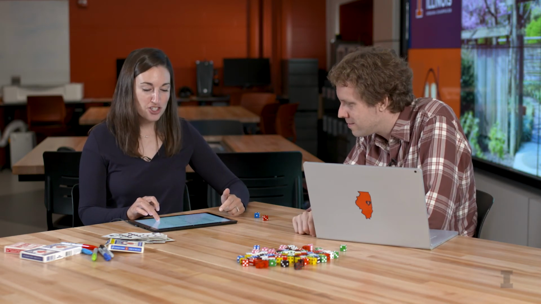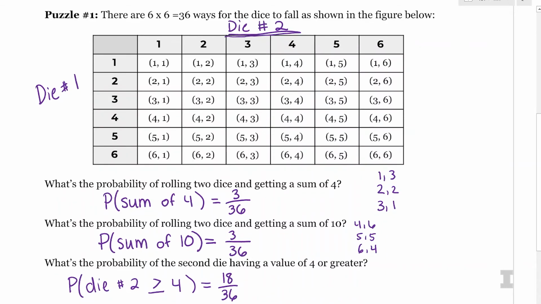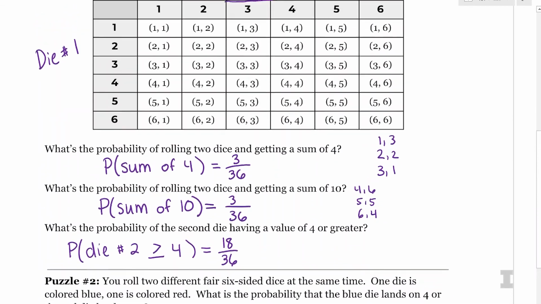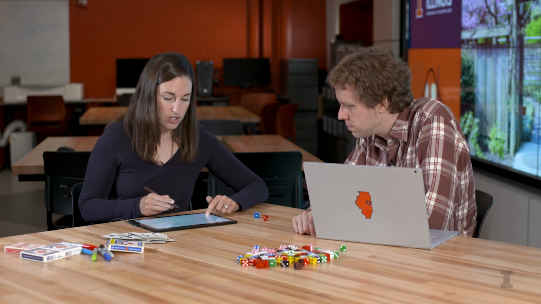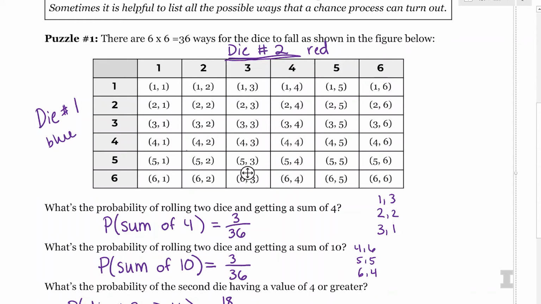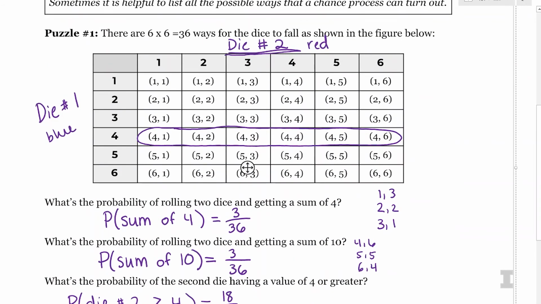Instead, if I have my sample space, I should just go ahead and look at it. So I am going to look up here, and I want to know what's the probability that I get a blue 4. Let's just call die 1 the blue and die 2 the red. Doesn't matter which is which. But I want to know what's the probability I get a blue 4. So here are all the options. Looks like there's 6 options where I get a blue 4, or a red, what was it, a red 2? A red 2. Thanks. So there are 6 options as well.